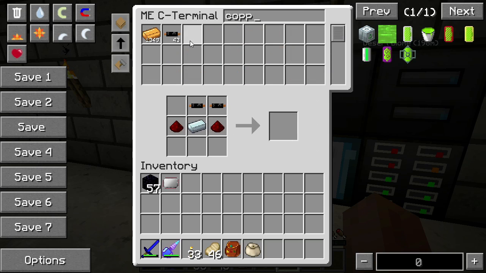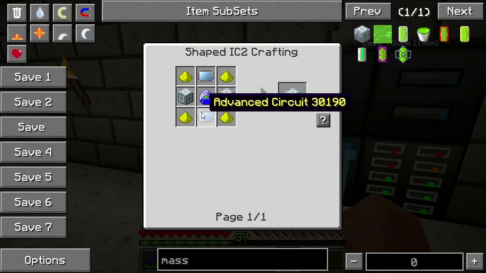Damn it, I lost my cables. Get over here. Get over here. I'll make some excess, because why not? Because I haven't got enough copper cables. That is why. But that doesn't matter, because I just need some advanced circuits now, which is...